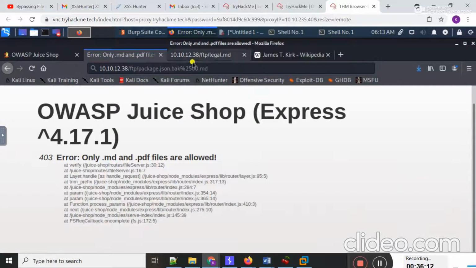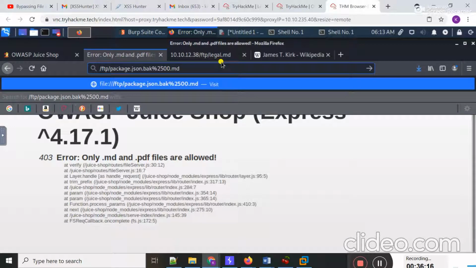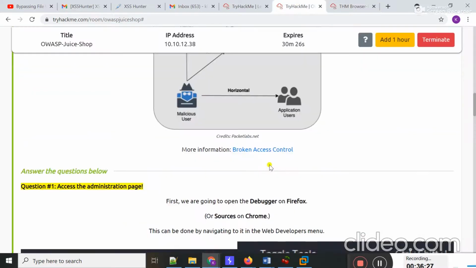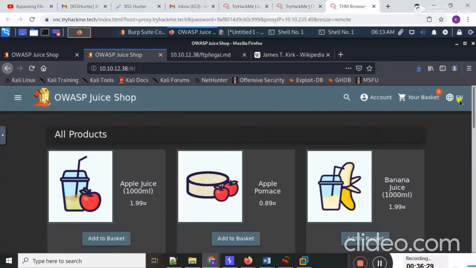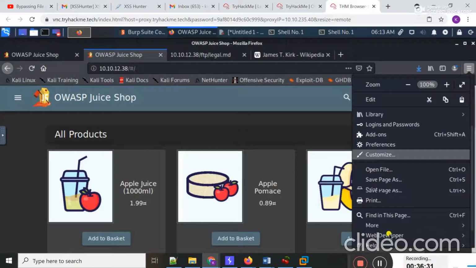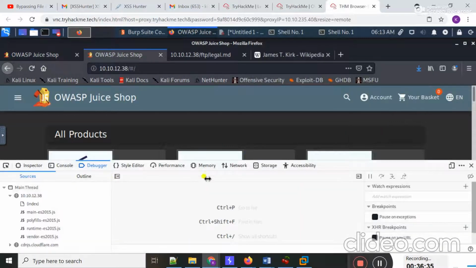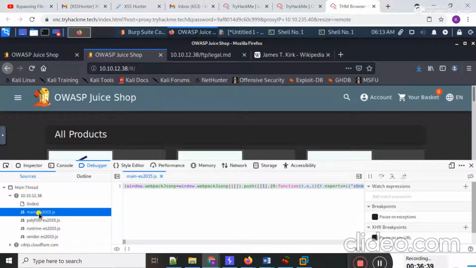Okay, I should move to the initial page. Now if I go to web developer, debugger, here you can see a JavaScript file, main-es2015, is present.